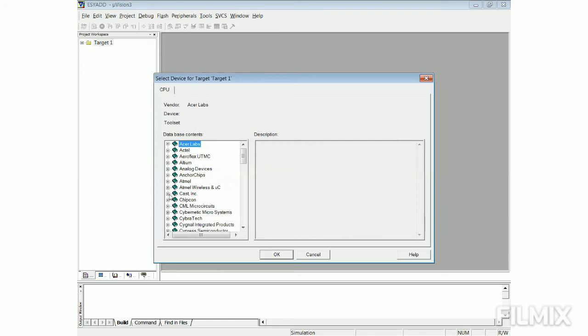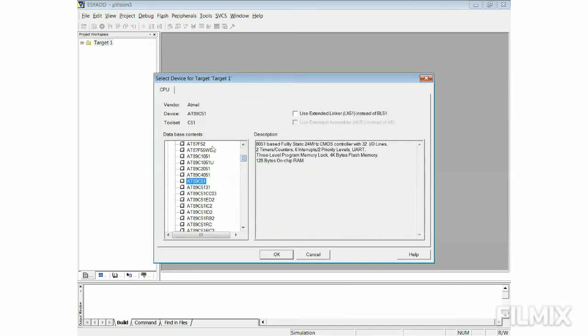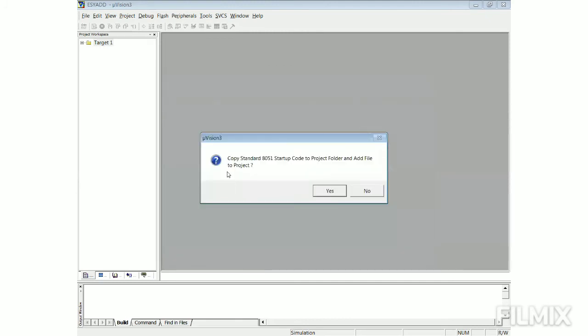Next step is you have to select the device. For this purpose, you have to click on the plus sign of this Atmel name and select the device as AT89C51. Again, click on OK. Here you will see one message.